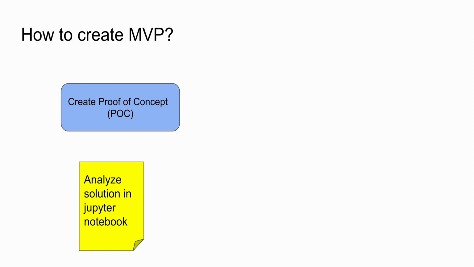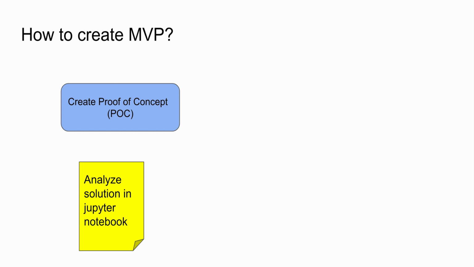In this step you should be able to communicate the results with your managers and whoever you work with, and if they say that this level of accuracy or this concept looks good,